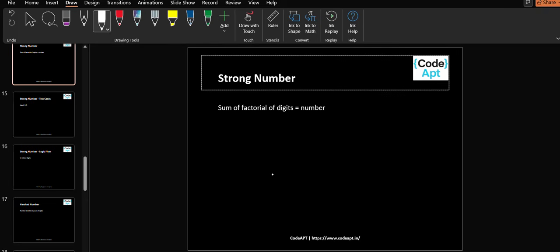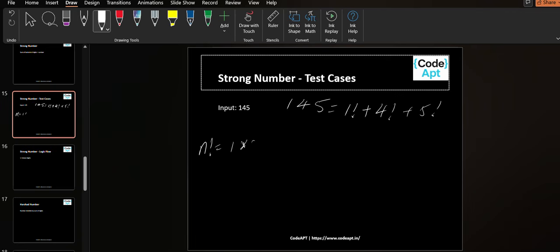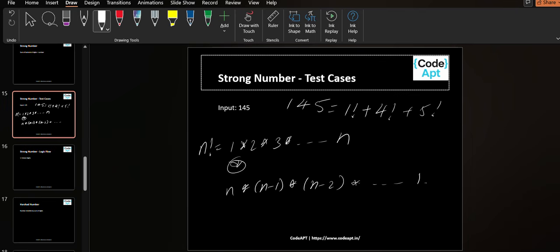Next problem, strong number. A strong number is one where, if we take the factorial of each digit, like 1 factorial plus 4 factorial plus 5 factorial, and n factorial is calculated as 1 into 2 into 3 and so on till n, or n into n minus 1 into n minus 2 and so on till 1.